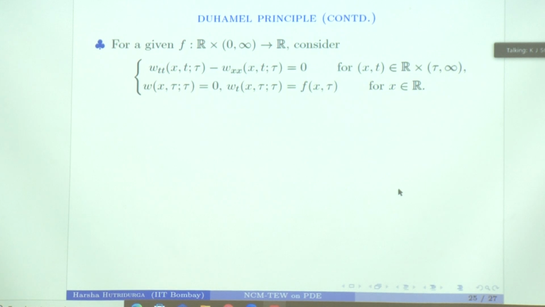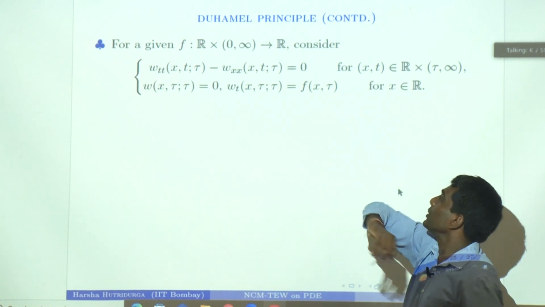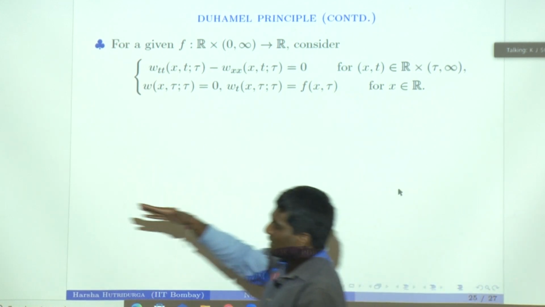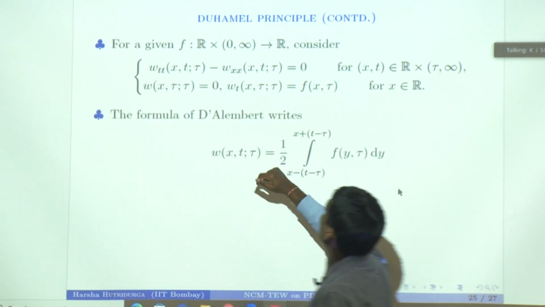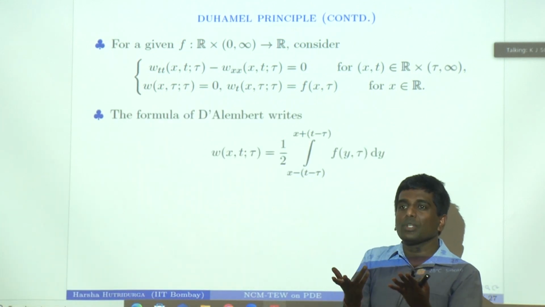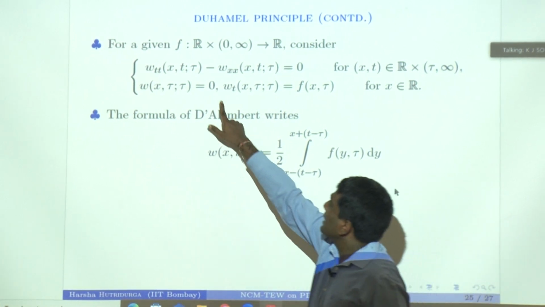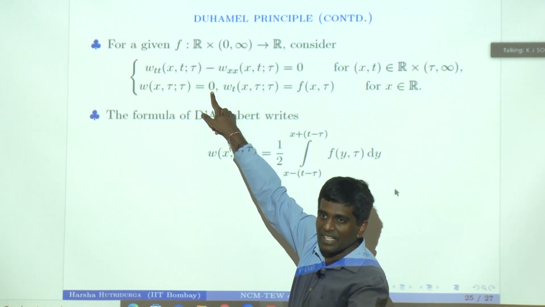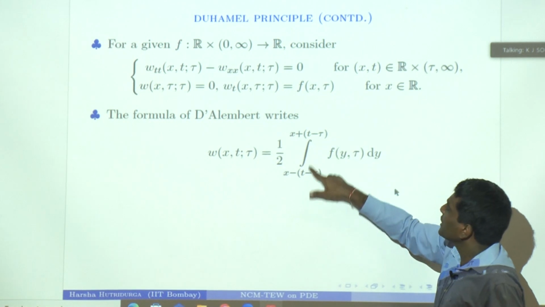So here we have just given an example. This is the auxiliary problem, the intermediate problem that you need to solve for w. And as I told you earlier, if I am given data on this red line, I can blindly use Duhamel's formula to write down the solution, and that's what we will do now. In Duhamel's formula, there are two terms. There is one coming from u0 and one coming from u1, right? And u0 is 0 here. So that term is not there. So you have to simply integrate this fellow between these two points.